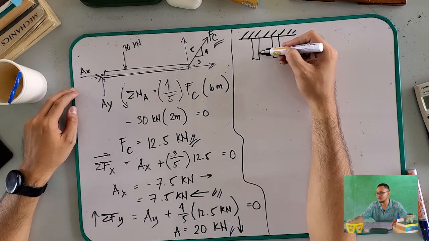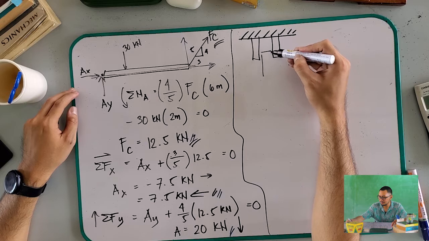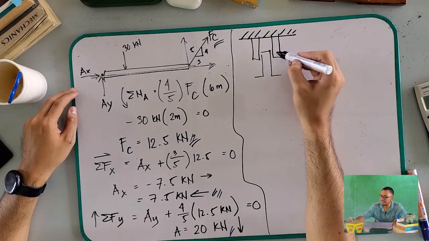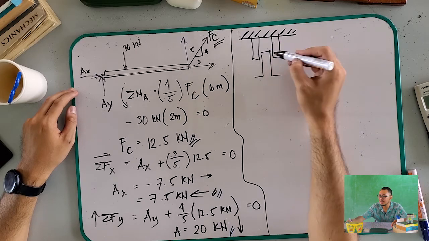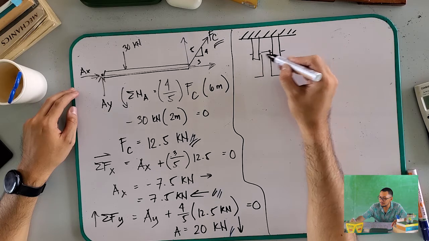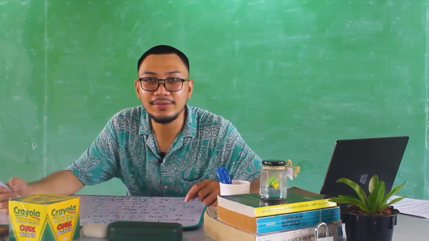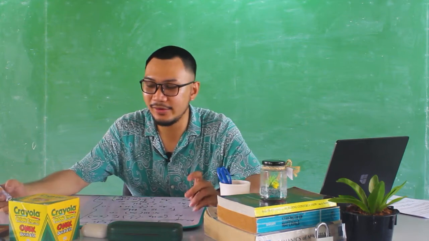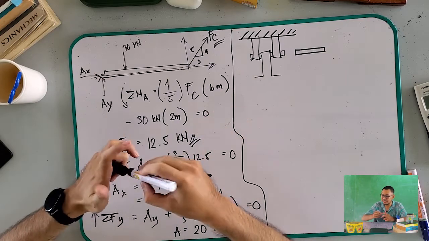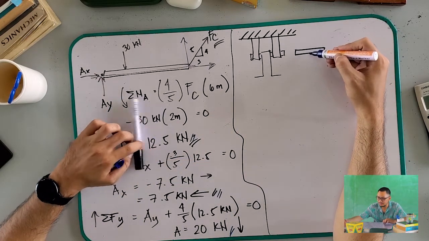This is our clevis and this is our beam. Okay? That is our beam. And then they are connected, the clevis and the beam, through a pin. Okay? So therefore, when we are going to make a free body diagram of our pin, only the pin remains, and then the forces that react on our pin should be